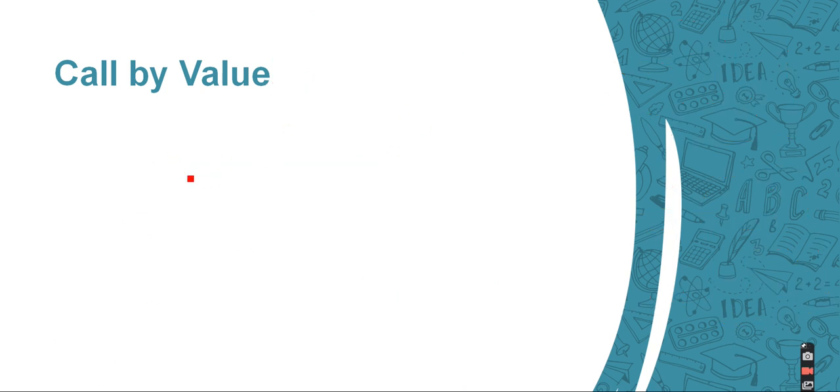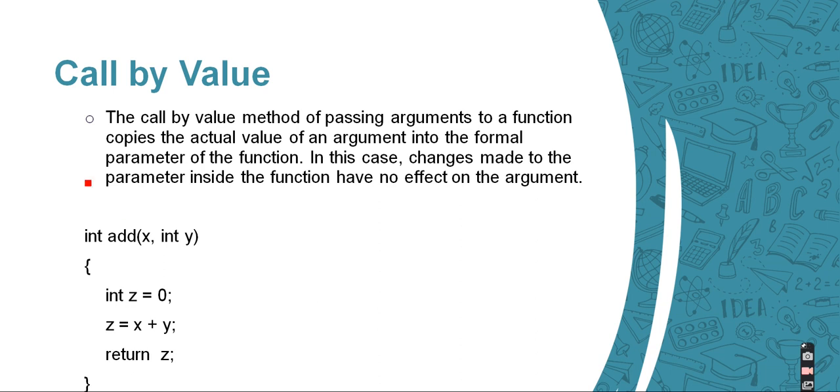So in the same way, let's explain this again. We have to pass this int add, int a comma int b. This time we are going to do this as a pass by reference. So here is the example of pass by reference. We have an add function, int x, int y, just the same as our add. If we directly pass the value, this is termed as pass by value, or call by value.